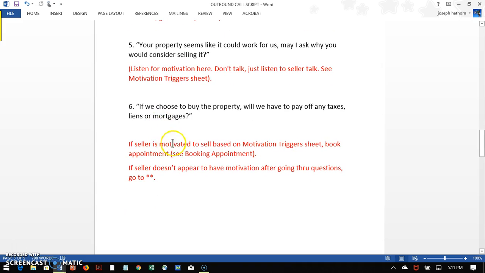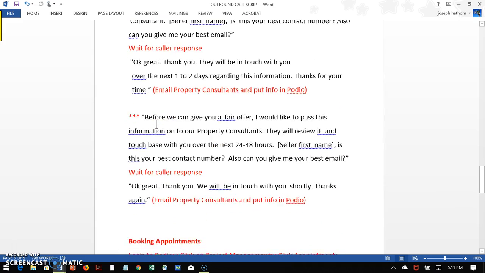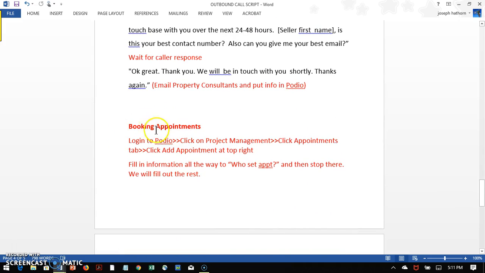Okay. So again, if the seller is motivated to sell based on the motivation trigger sheet that we just went over in question 5, then we want to book an appointment with them. So see book appointment, that's here. We put that on here also. So you want to log into Podio. You want to click on project management, click the appointments tab, click add appointment at top right, and then you're just going to fill in the information all the way to where it says who set the appointment. So it's either going to be